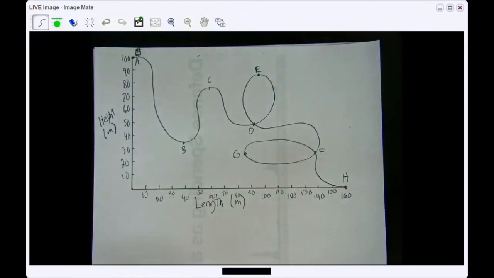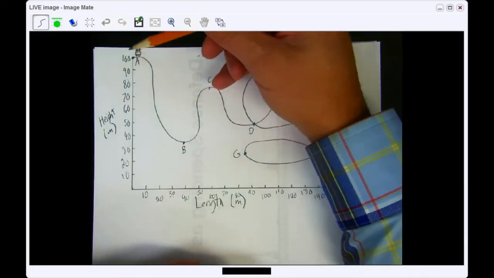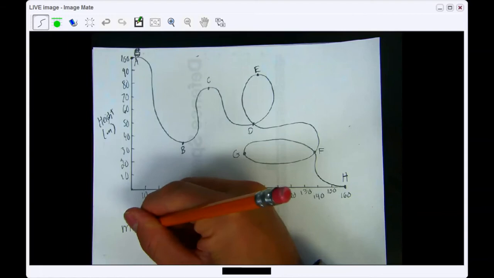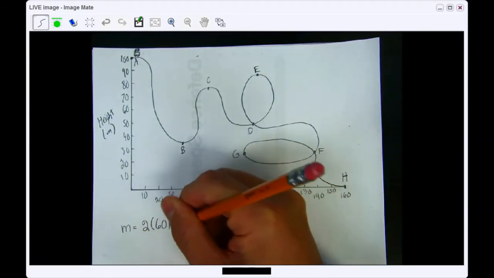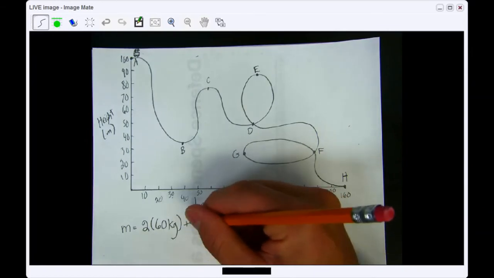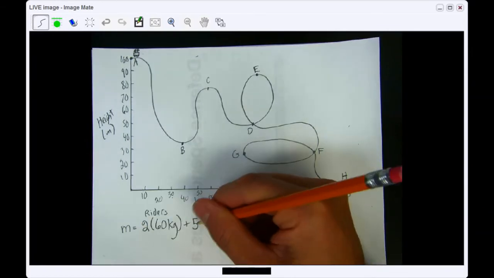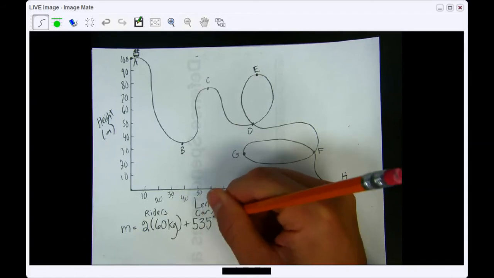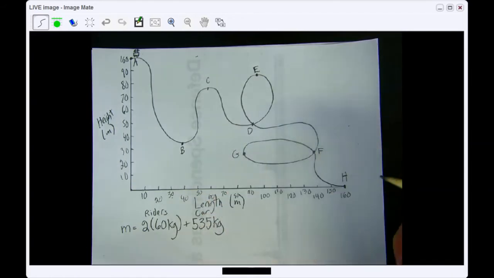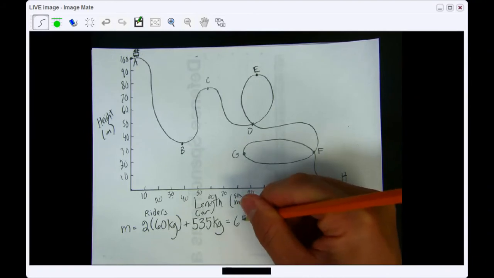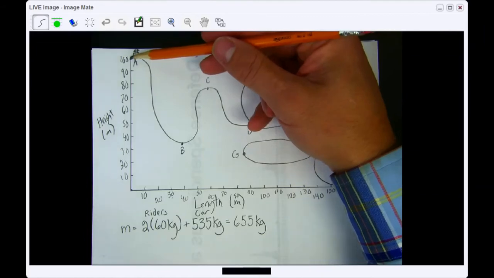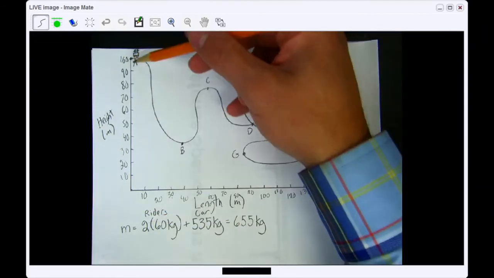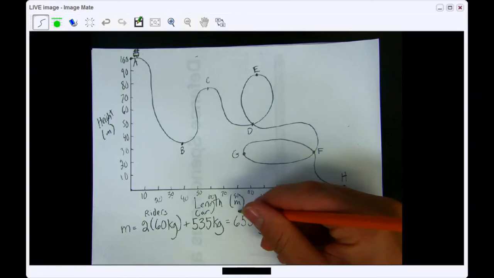So the next step is to figure out our total potential energy at point A. Our mass is going to be equal to 2 times the average weight of a rider, and then you're going to add the weight of the car. A quick Google search tells us it weighs 535 kilograms, so 655 kilograms. So the mass